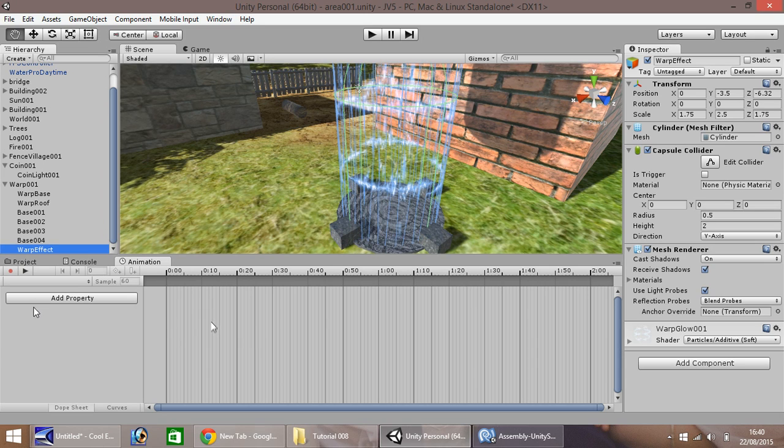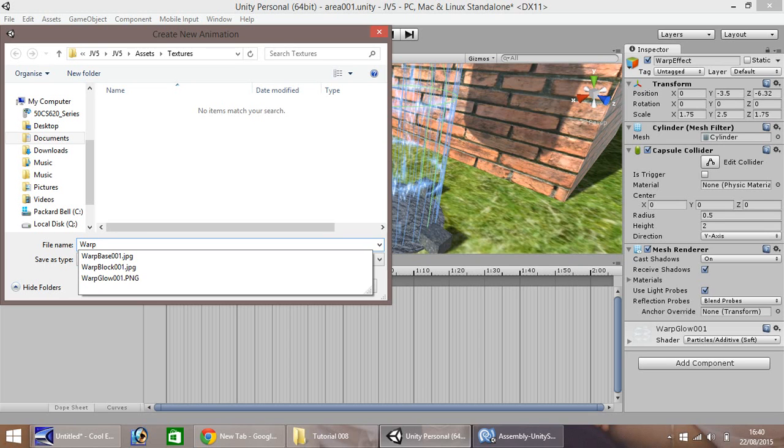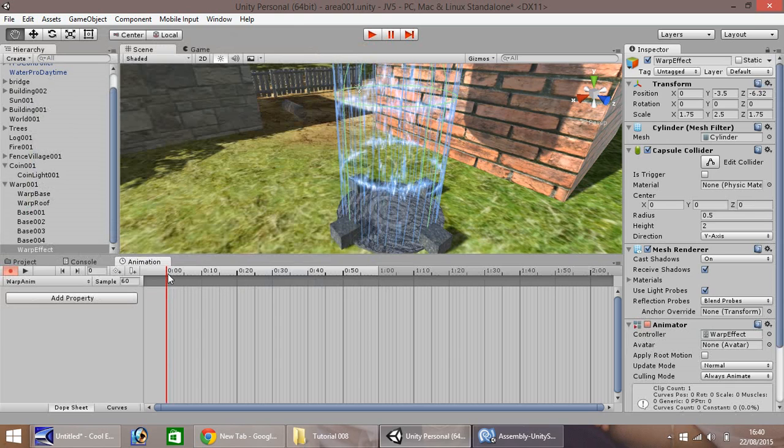So to start an animation, what you would do is you click this here, the record button, and you'll be prompted to put a name. So I'm going to call this warp anim, and then click save. You notice this red line now appears. This is where the animation begins. So we want to put,